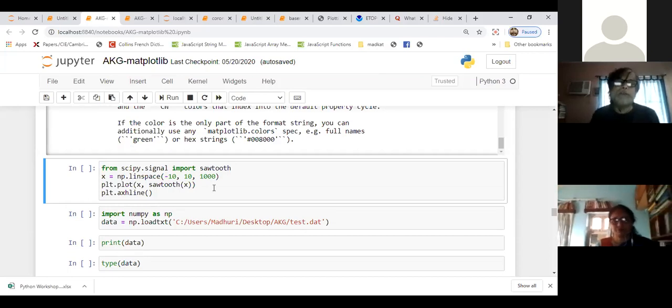Now, I told you about some special kinds of functions. People amongst us who are in electronics, who deal with various kinds of signals, for example square wave, sawtooth wave, all kinds of things. There is a package called SciPy, I told you. SciPy is very useful, a very nice scientific package. Many people will use Fourier transform.